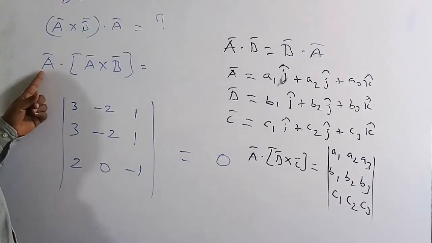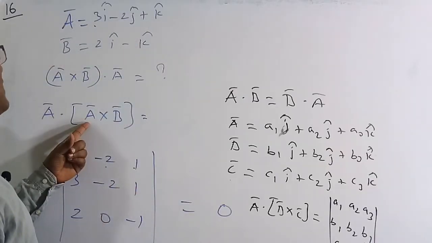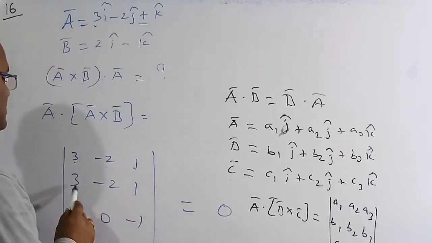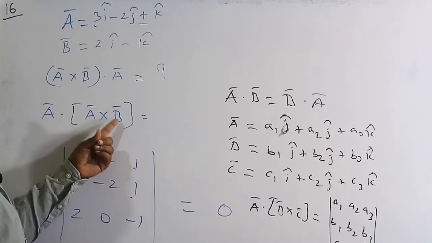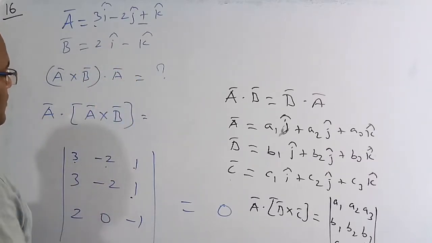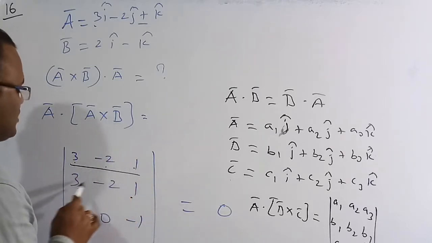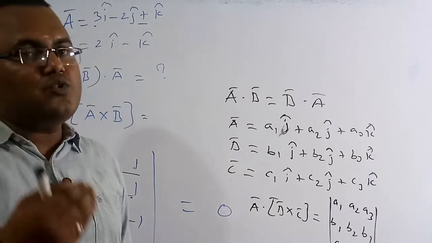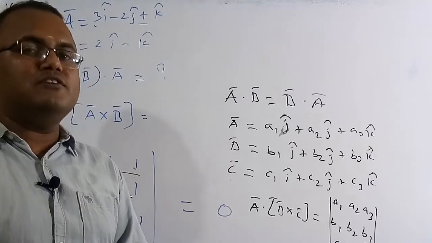The first vector values are 3, minus 2, 1. Similarly, again with the same vector, which is a bar, you have to consider the same values again, 3, minus 2 and 1. Now we have to go for the vector b bar. So therefore 2, 0, minus 1. So now we have to find the determinant of this one. So you can see clearly the first row and the second row are the same. So whenever two identical rows or two dependent rows are present, then definitely the determinant value will always be equal to 0.